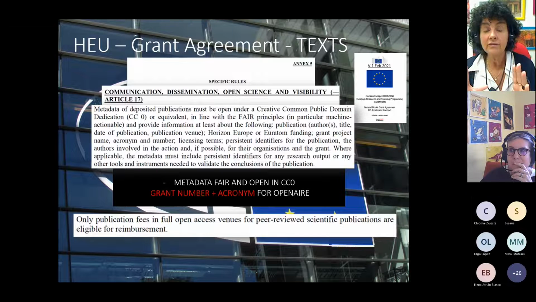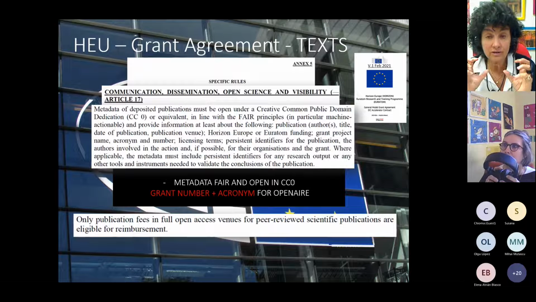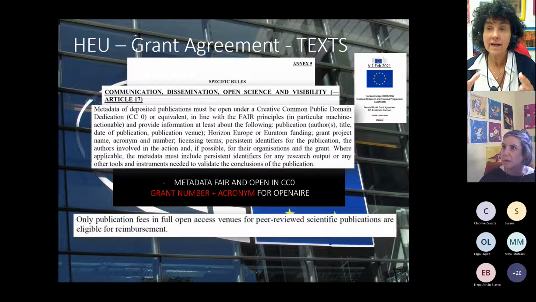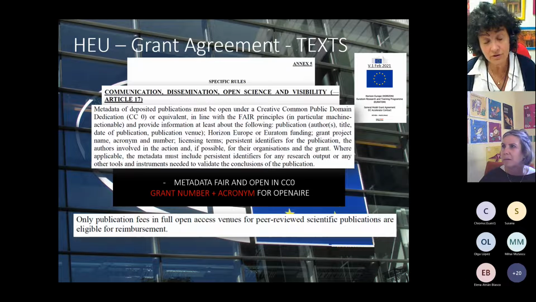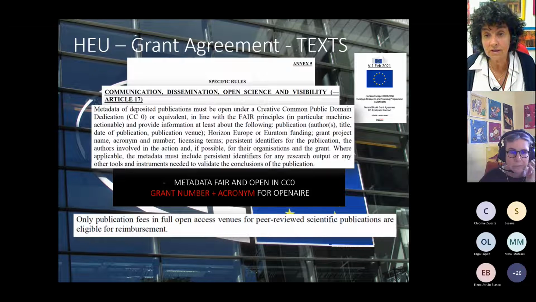deposit and then give access within 6 or 12 months. The intention was for publishers to shorten the length of their embargo. The Commission thought that as they are requesting maximum 6 to 12 months, the publishers would shorten their embargo period. What happened actually was that publishers didn't shorten